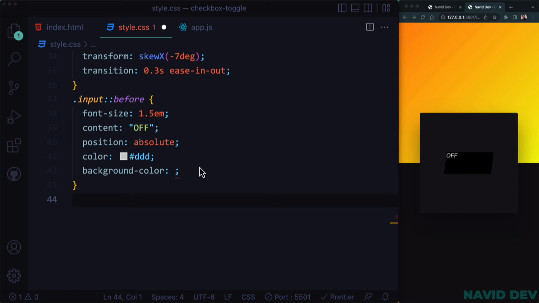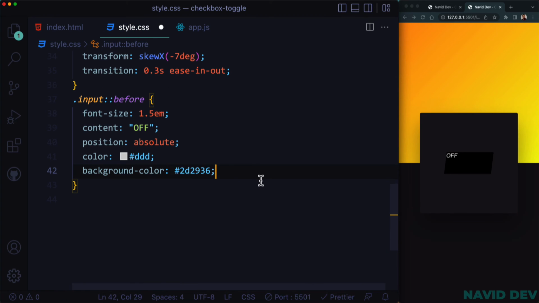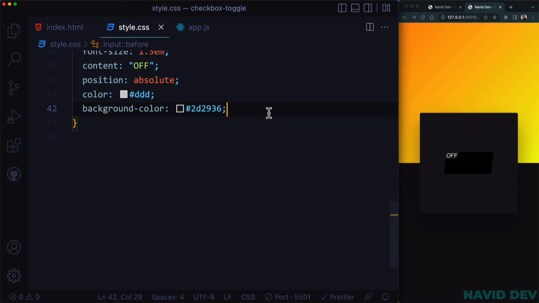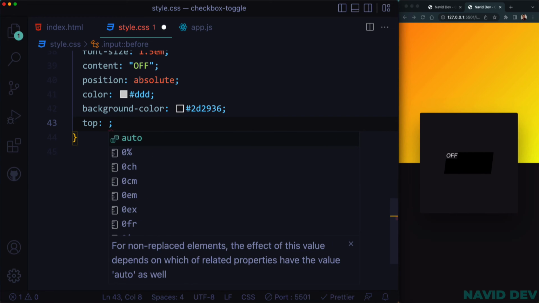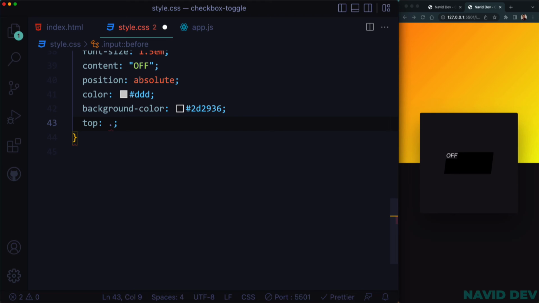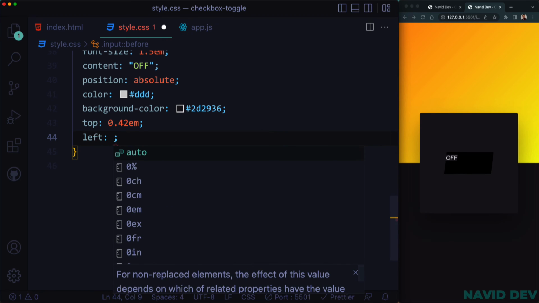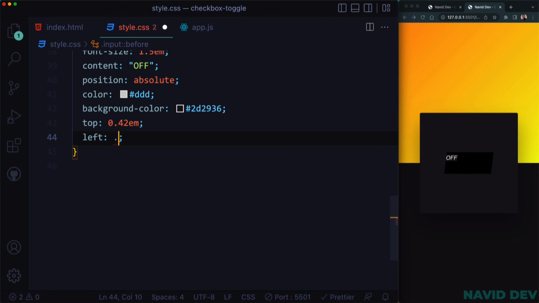Let me copy and paste it in here. And after that I want to say top should be 0.42 em, and left should be the same, 0.42 em,